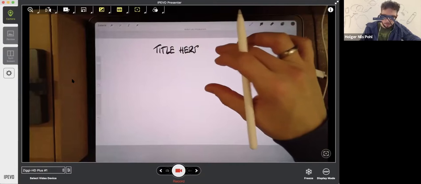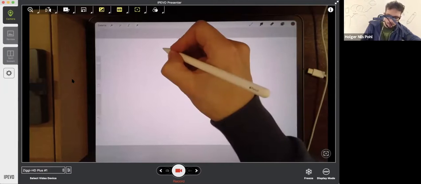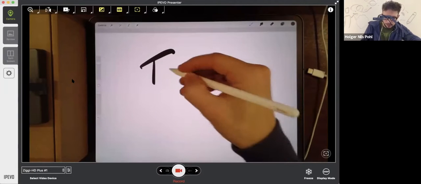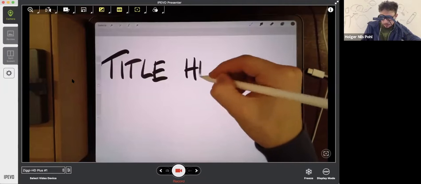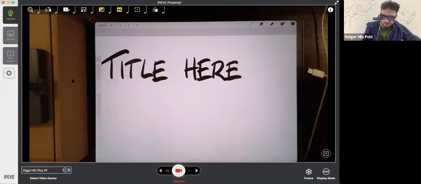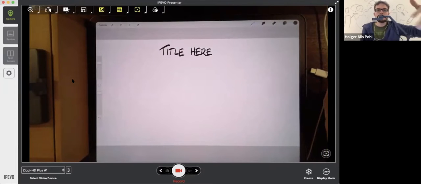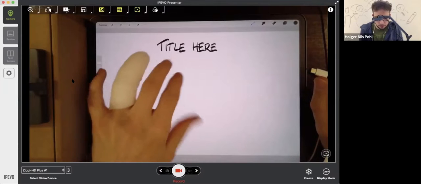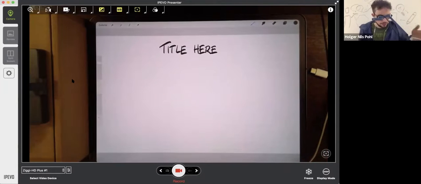So what I do is, like I do in the WorkVisual app, I use my zooms. I say, okay, I want to write the title here. So I draw my T, I zoom in, and then I stay with my title, and then move it. And then my writing is better. And it would be even better if I concentrated a bit more and was not in the webinar trying to talk to you and think about what I do next. Normally I would use my left hand more to zoom in and zoom out, but it's hurting my finger a bit. So that's why today I'm a bit